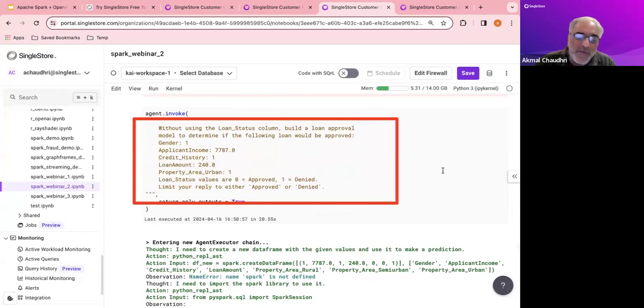I've said, without using the loan status column, basically don't look at the answer, build a loan approval model to determine if the following loan would be approved. And then I've given it some values. And these values actually exist in the table. So I've got gender, applicant income, credit history, loan amount, property area. And so this is using the one-hot encoding,